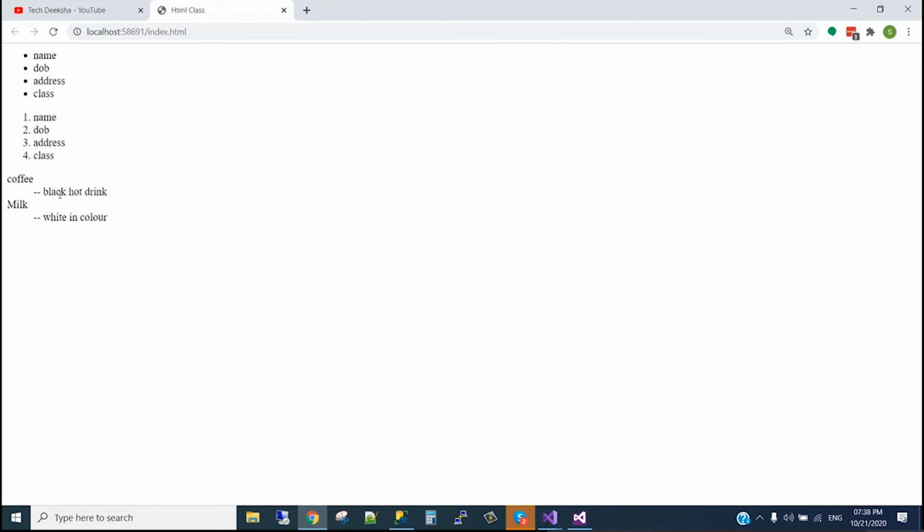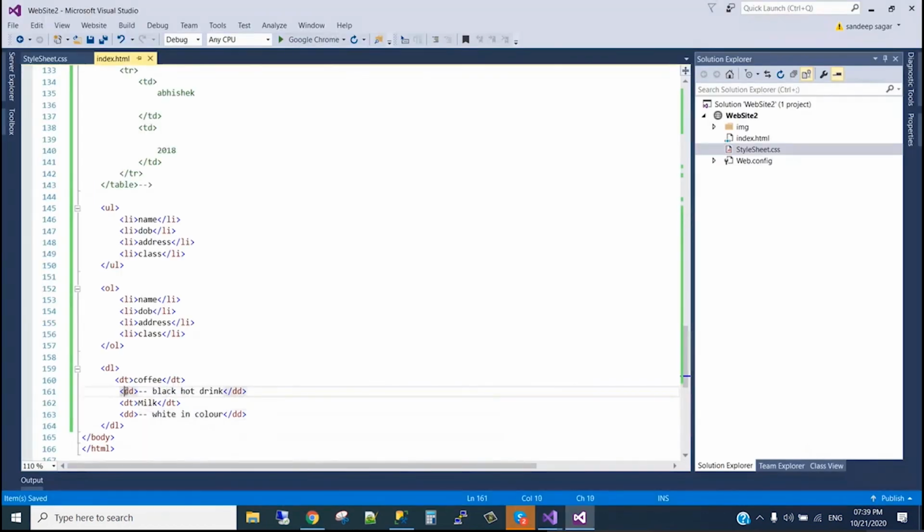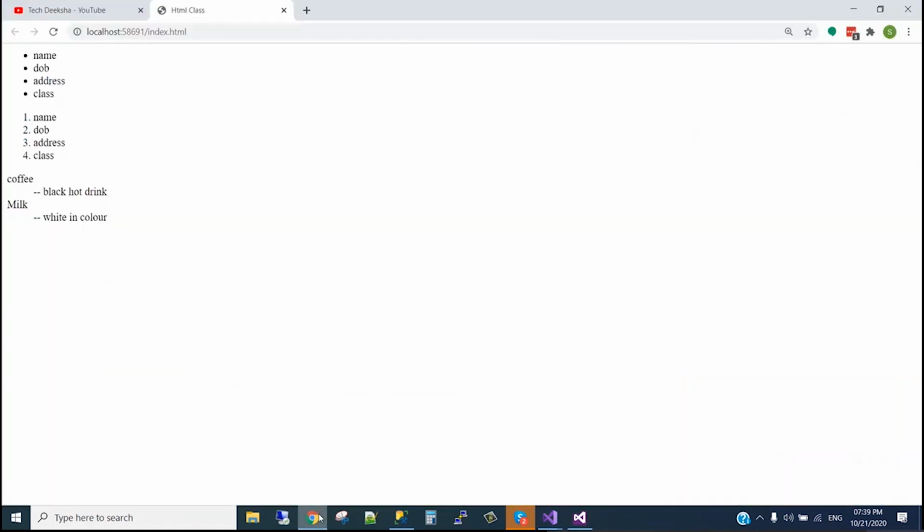See, coffee is a header, and we can have multiple points in here. We can have multiple dd after a dt. So we can have whatever we want. If we copy paste this, we can have three rows or whatever we want.